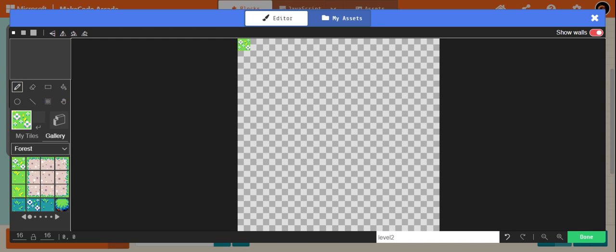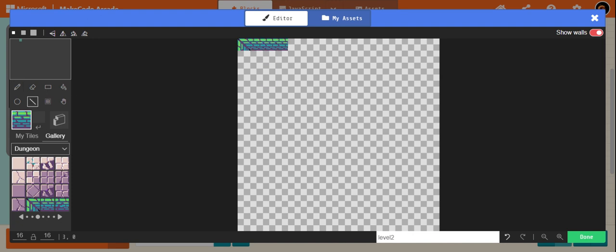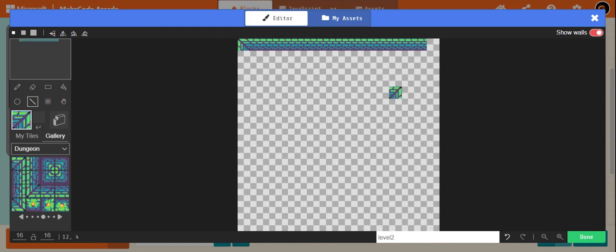Well, I think this is nice. So here, basically, we need to go to the dungeon, and let's go and grab the corner tile, put it here, then put this. Then this is not possible, so let's use this. Then let's continue development.